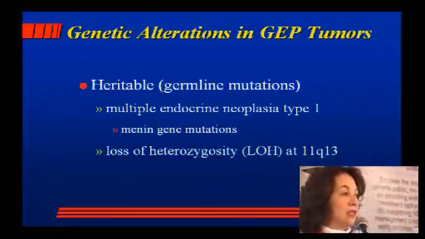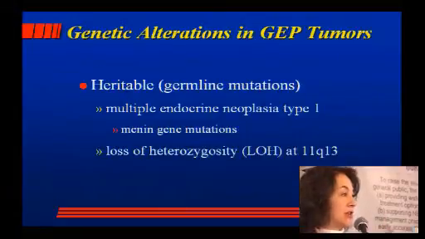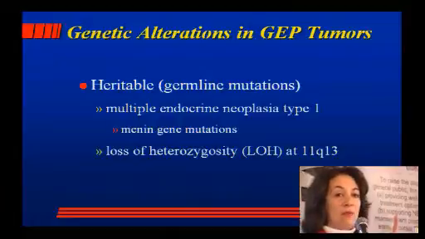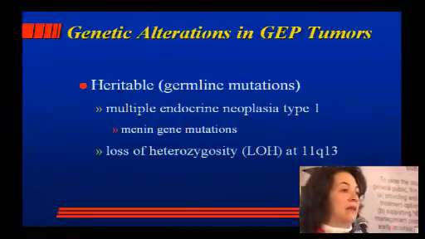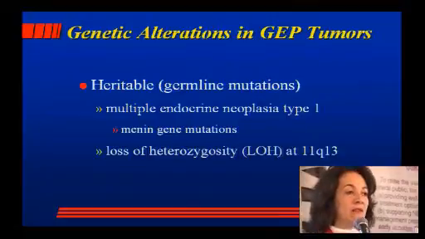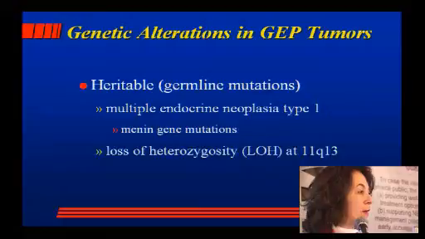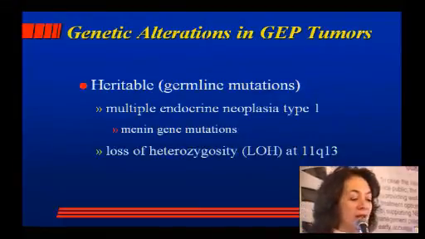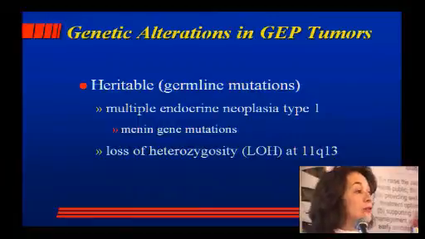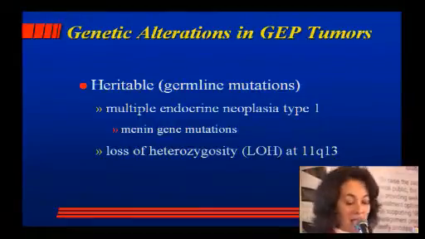And we know what the gene is. They have a menin mutation. They have a mutation in their MEN1 gene. And what happens is they have one bad copy, but as long as you've got one good one, you're fine. And then something happens during their life that hits that second copy in their pituitaries, in their parathyroids, in their thymus, in their GI tract, wherever it is. That's what we call loss of heterozygosity. They lose the good housekeeper, and only the bad one is left behind, and it can't do its job,